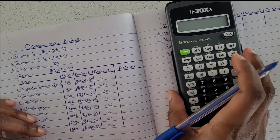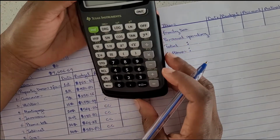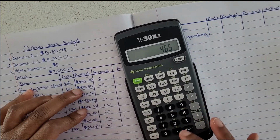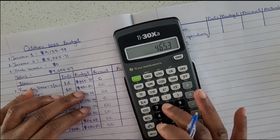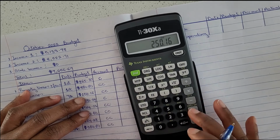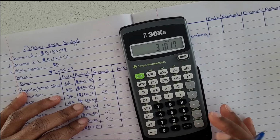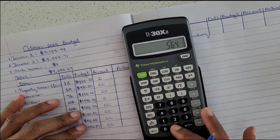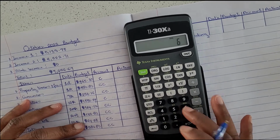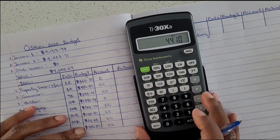All right, so let's just add all of this up to see what it comes to. So $465.30, 800, 250.16, 1586.24, 564.02, 180, 64.28, and 500. So that gives me